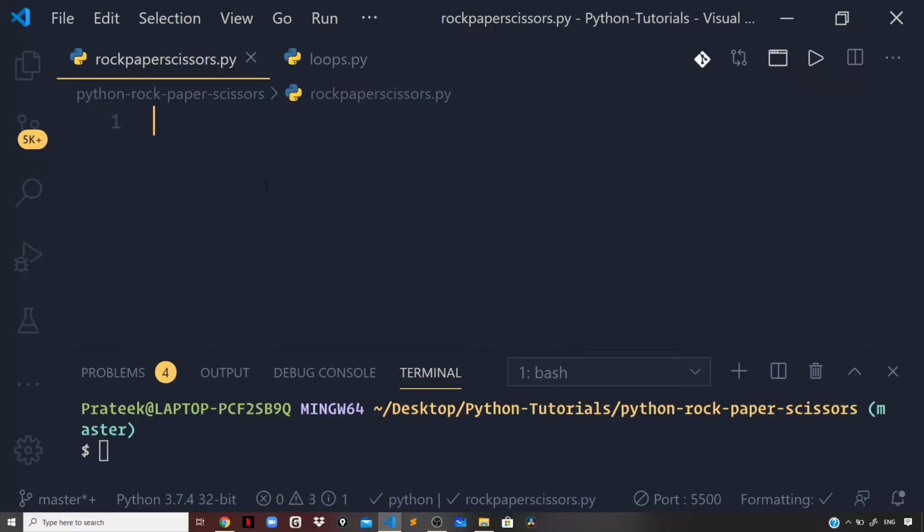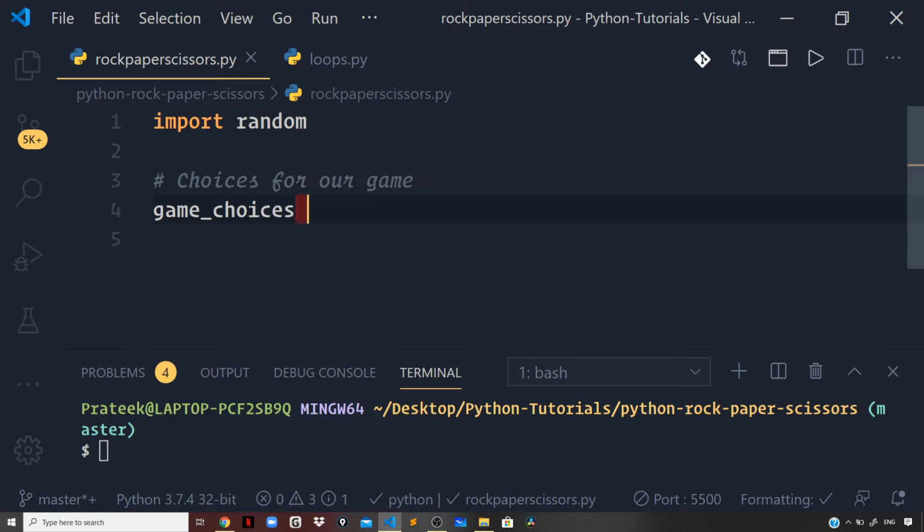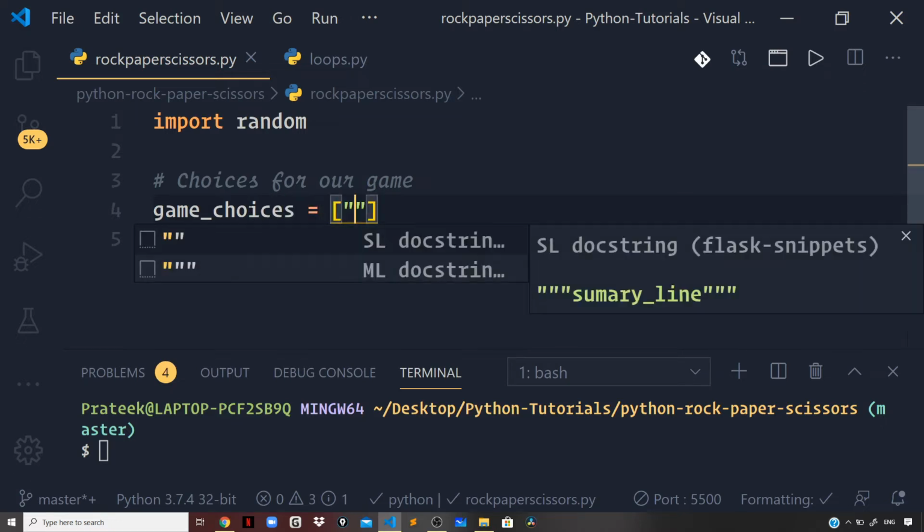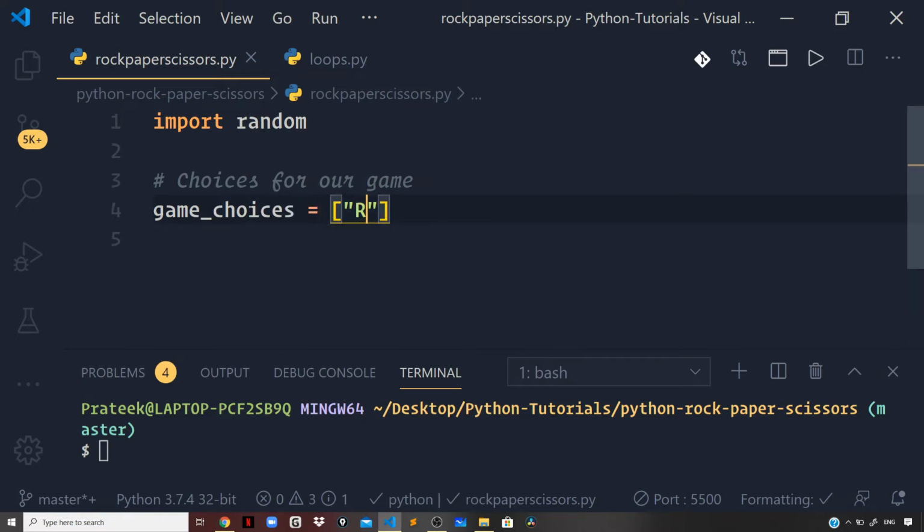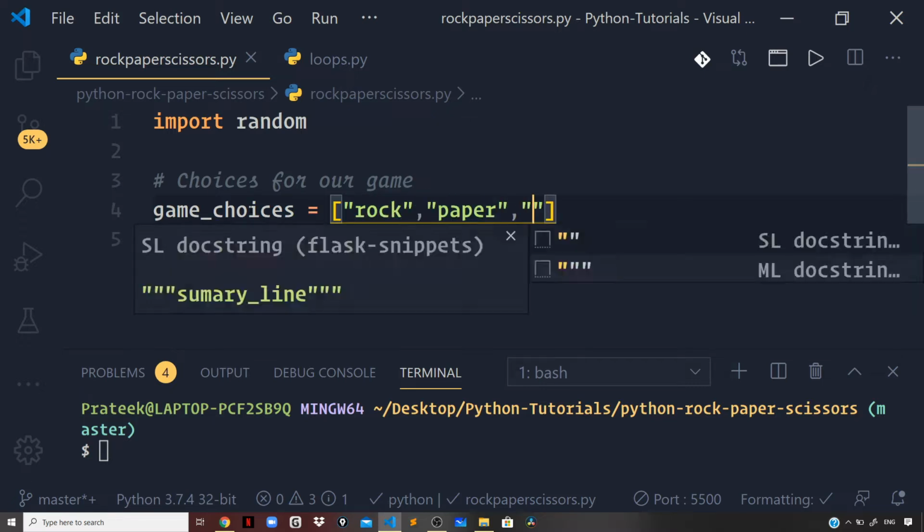So back in my Visual Studio Code, I'm using Visual Studio Code for this exercise. You can use the REPL that we were using in the previous videos. So first I will import a module random, and first let us define the choices for our game. So I can say game_choices and set that to a list of choices. So rock, paper and scissor,